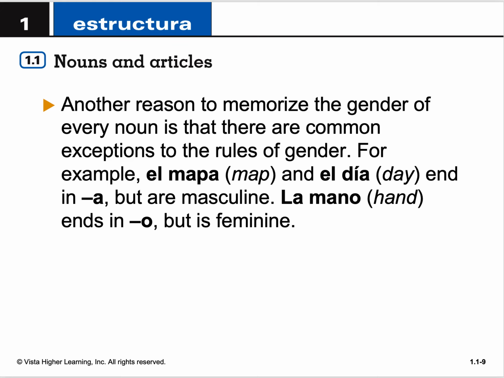Another reason we would want to memorize gender would be the exceptions to the rule. So a map. A map in English has no gender, but in Spanish it is el mapa. It is masculine even though it ends in A. It's an exception to the ending rule. So the ending rule, just like English, has exceptions, like I before E except after C. And then you've got all these other exceptions that come in English. The same is true in Spanish. It might end in an A and still be masculine. This is why it's so important to just work on memorizing the article with the vocabulary word